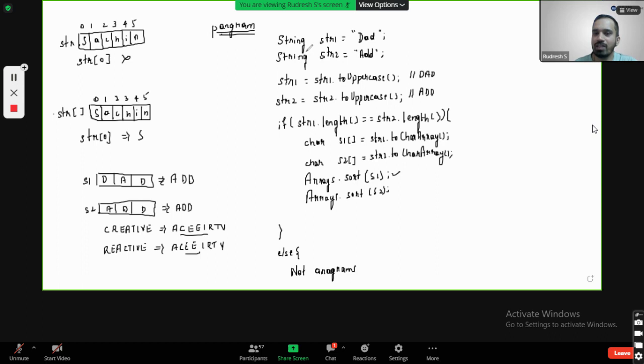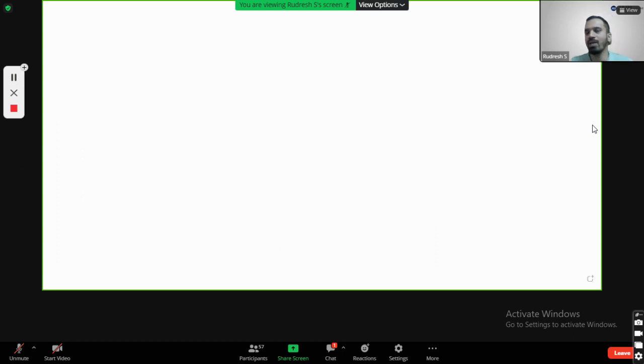And then even with respect to arrays, there are plenty of programs that you can expect. Maybe they'll give you an array having different types of elements. They might ask you to sort even numbers and odd numbers in an array. So how many even numbers are there? Group them at one place. How many odd numbers are there in an array? Group them at a different place. For example,